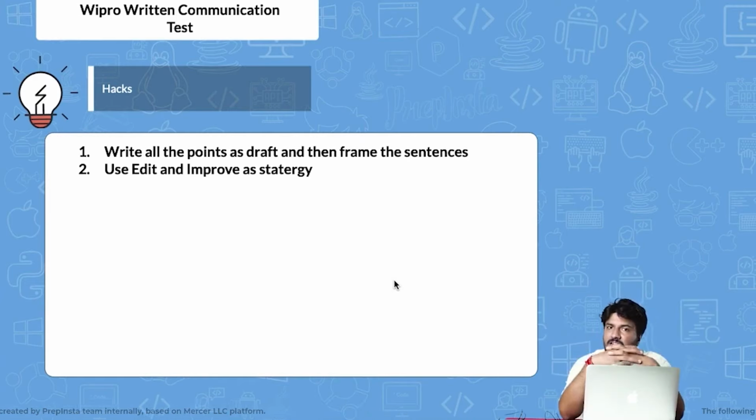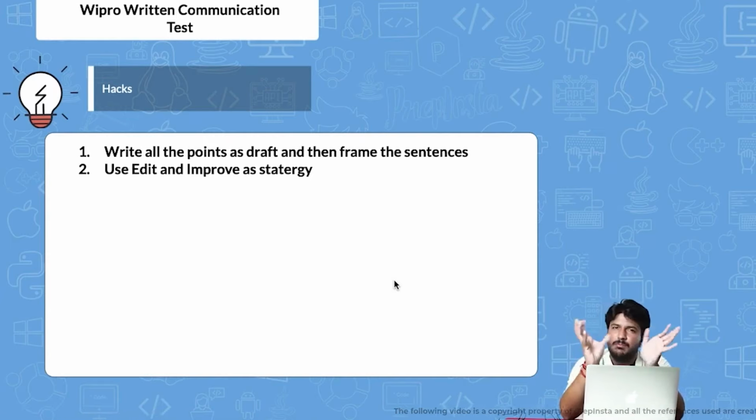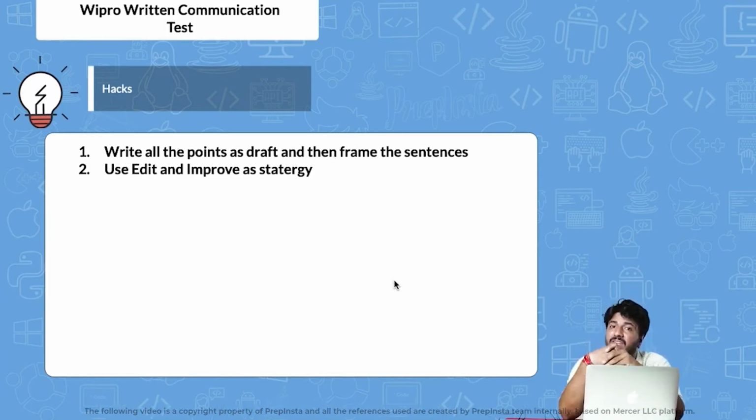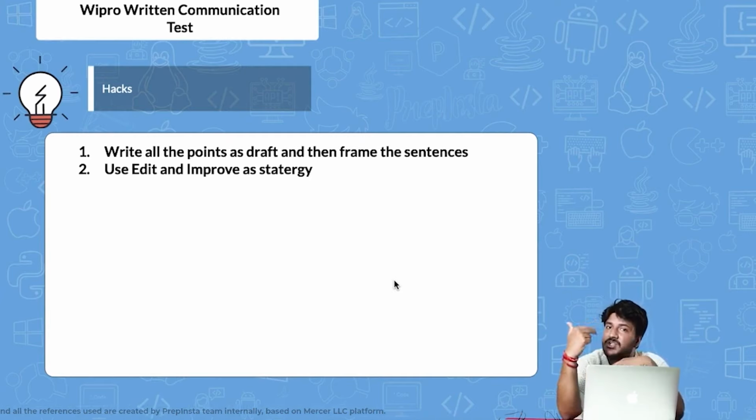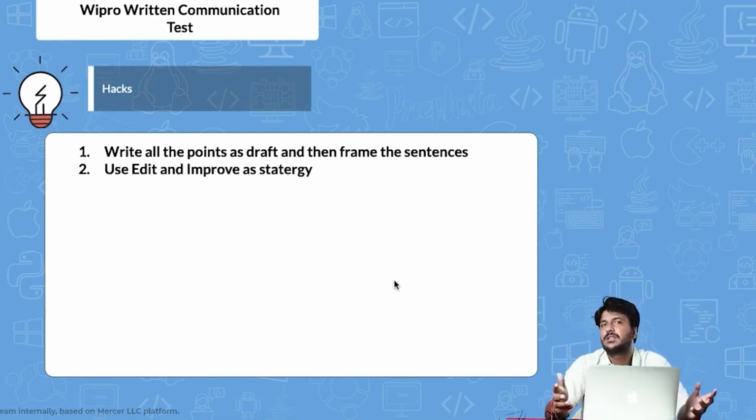Ideally, for the 20 minutes that you have, write the whole paragraph within the first 10 to 12 minutes, maybe take 15 minutes, no problem. But I would have taken 10 to 12 minutes. And then use the remaining 8 to 10 minutes for editing and improving, wherein I'm proofreading, increasing the diction, increasing the use of signpost words, and structuring it really well. So this would be the best hack, because a lot of people say, okay, sir, I wrote a very good essay, but then also I didn't get selected, because you were not able to fool the AI. I'm telling you, fool the AI.